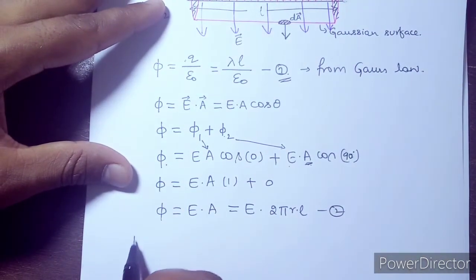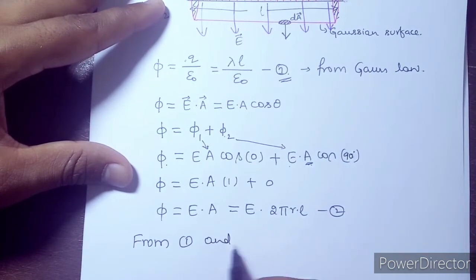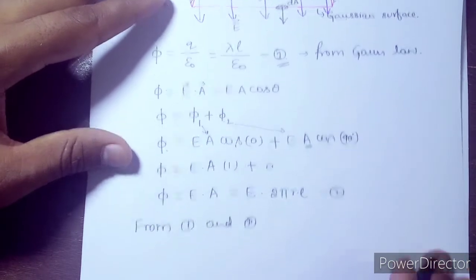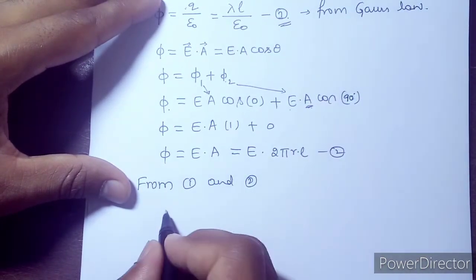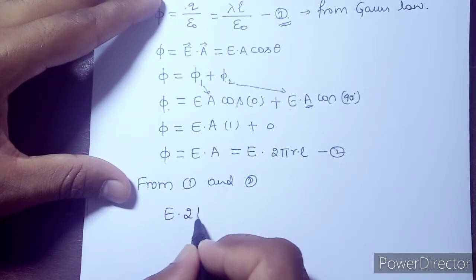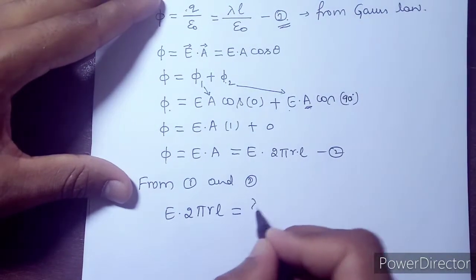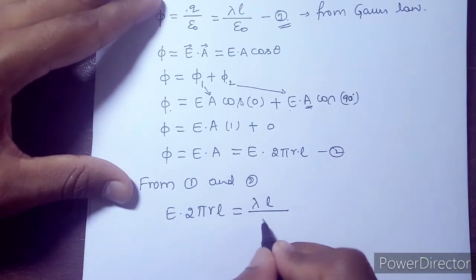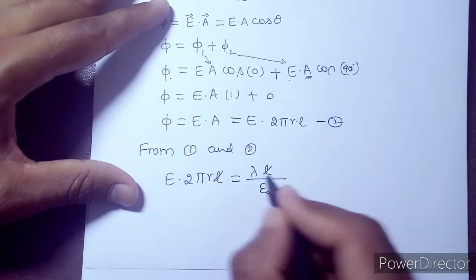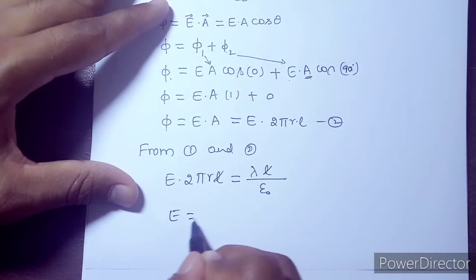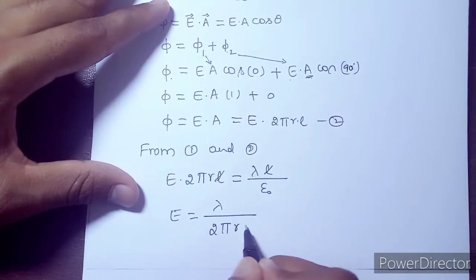So from 1 and 2, we will get E into 2 pi r L. I will write that first, then this one, lambda L divided by epsilon naught. So here L will cancel out, and you will get E is equal to lambda divided by 2 pi r epsilon